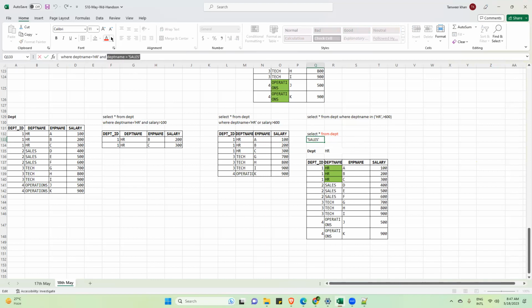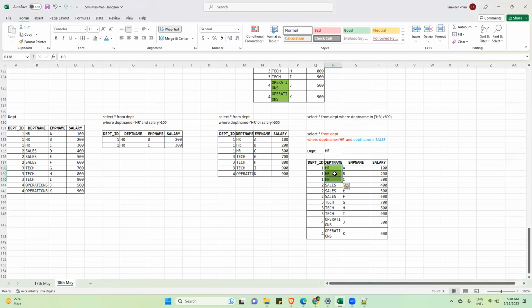Is this clear? This is what we have discussed. The meaning of the AND operator is the next condition has to be tested only on the selected records. So these three records you have selected based on condition 1. Now within these records, you are telling that I want department name sales as well.